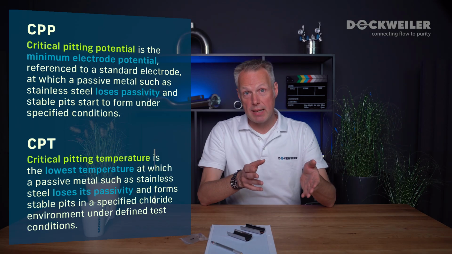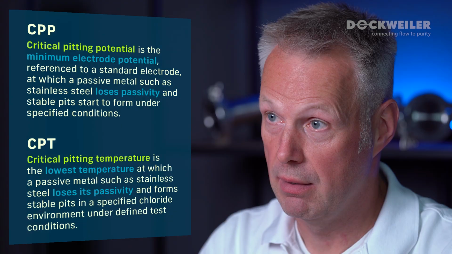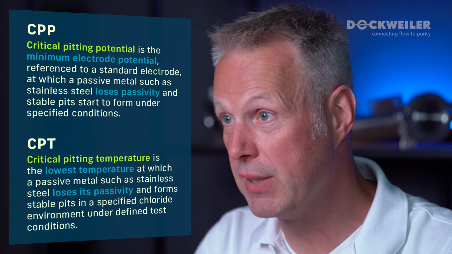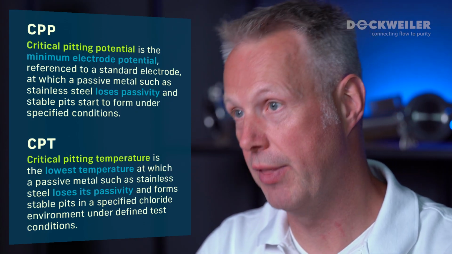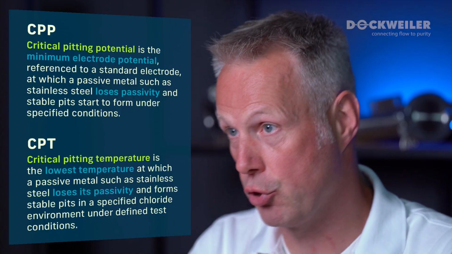So what we did last time is that we sent out the samples to our metallurgy lab, where they did the X-ray fluorescence measurement and where we have figured out what that material is. However, what my colleagues did as well, they are able to do corrosion testing according to ASTM G61. And what they do there is you can either do CPP testing or a CPT testing. CPP is critical pitting potential measurement, and CPT, what they did, is critical pitting temperature measurement.